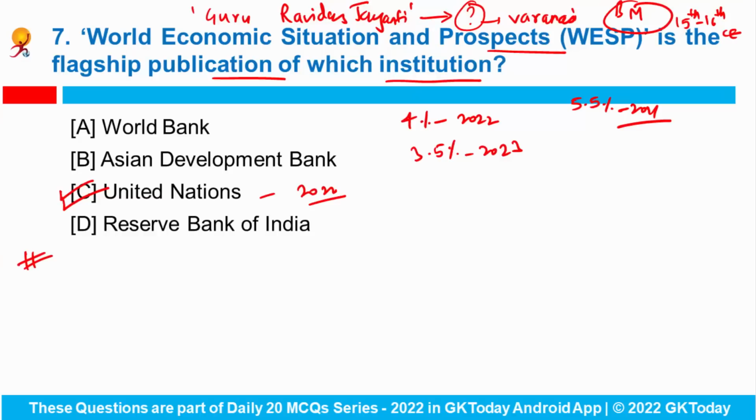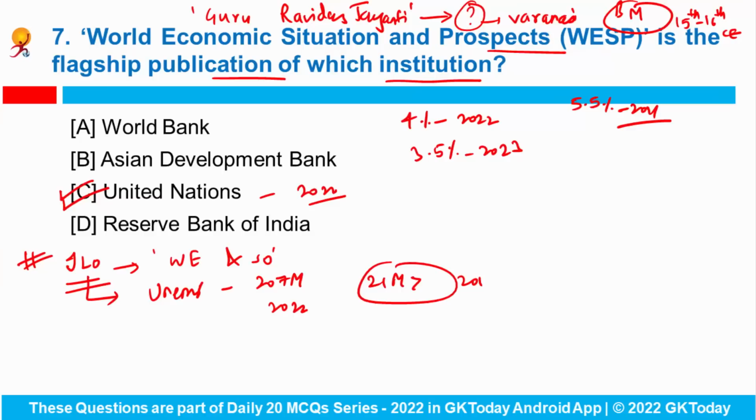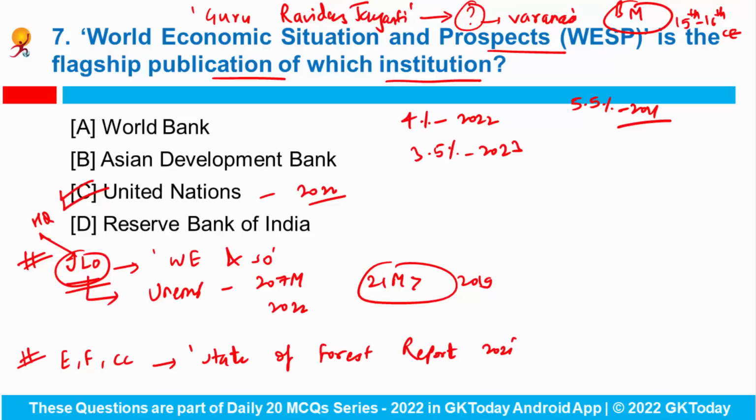Okay. So the only thing you have to remember is that Guru Ravidas Jayanti is the annual event celebrated in the state of Uttar Pradesh. Now apart from it, the International Labour Organization has released its report named World Employment and Social Outlook. In this report, the ILO has projected global unemployment of 207 million in 2022, which is almost 21 million more than 2019. You have to tell me, where does the headquarters of ILO lie? Then also we have seen that the Ministry of Environment, Forest and Climate Change has recently released the State of Forest Report 2021, and the report says that there has been a continuous growth of forest cover in India.